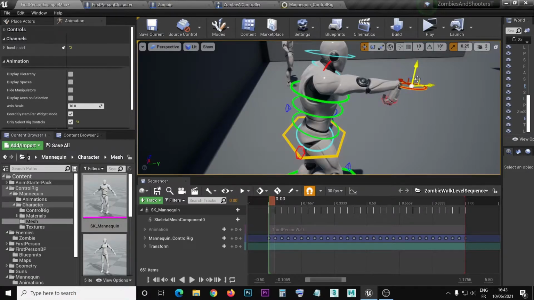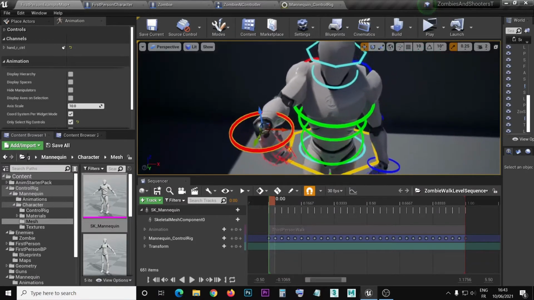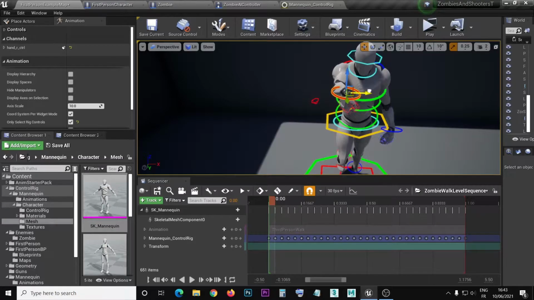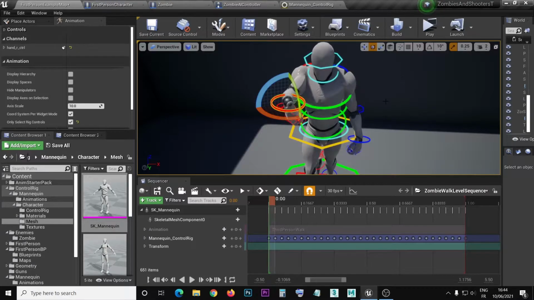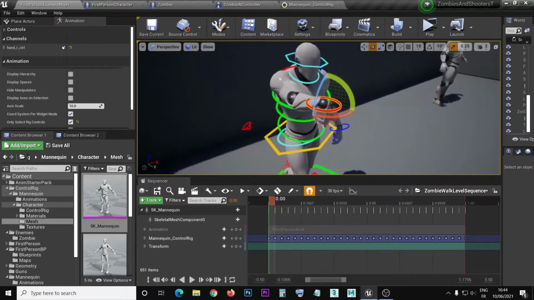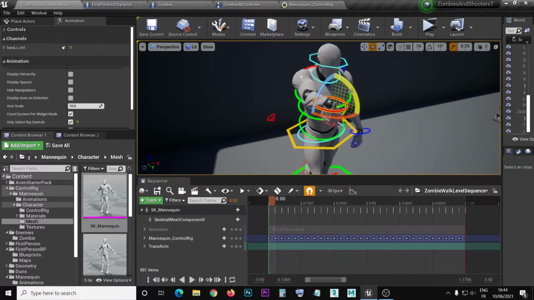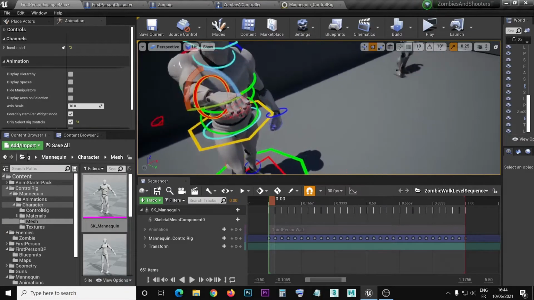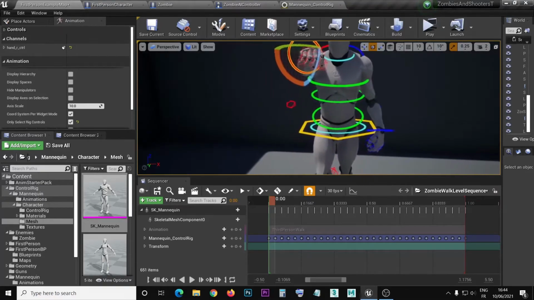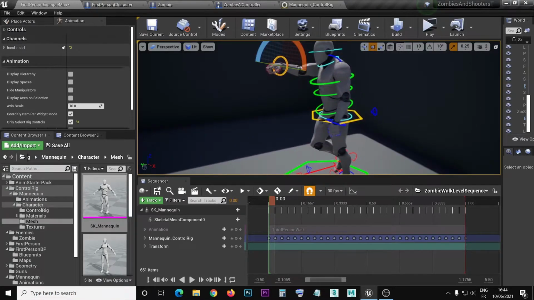Should be doing it. Okay, this one, everything is alright. Move it a little bit. Yes, the goal is to have a zombie lifting his hands, extending his arms upward like a zombie should do. So we rotate the control of the hand, we keep it like that, and then we move the other arm in its position,